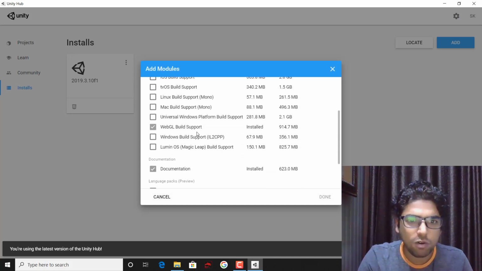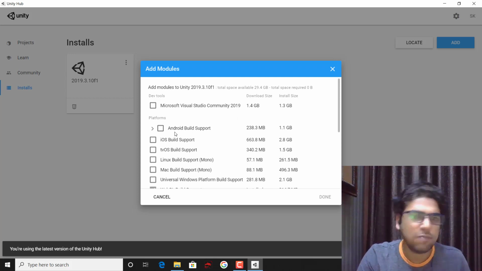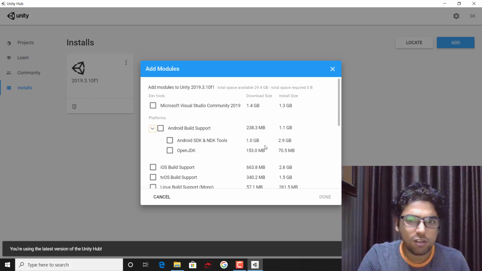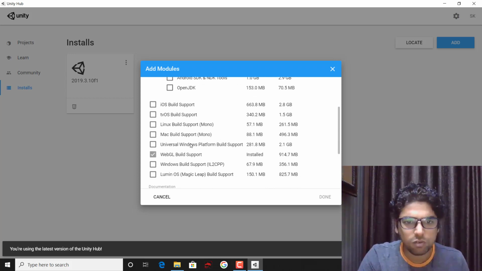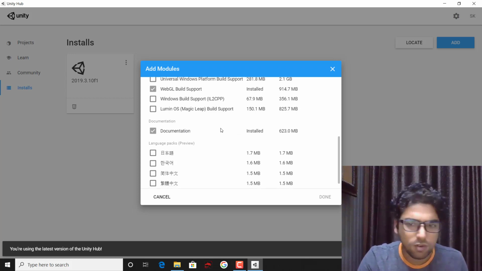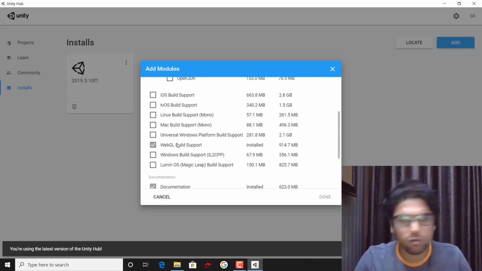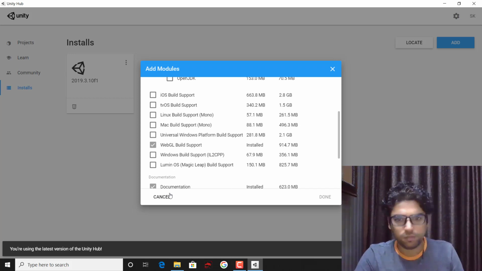I have already downloaded this WebGL support, so it's saying it's already installed. If I want to add Android build support, which includes Android SDK and NDK tools and OpenJDK also, I can select those also. Depending upon whatever your requirement, you can go for that. But for the time being, I suggest you download this WebGL build support also.